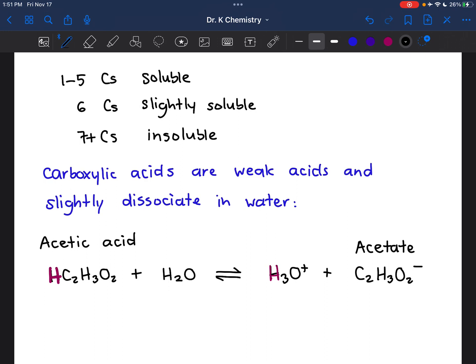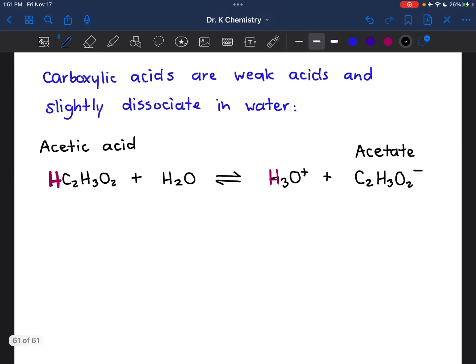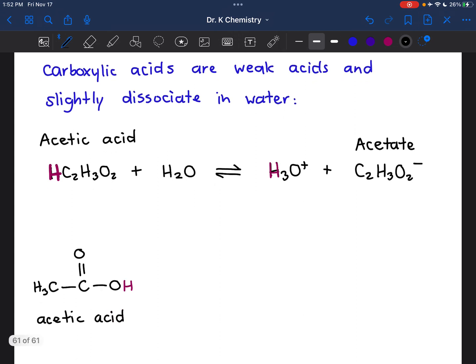Well, in the general chemistry portion, we just left it this way. We had the molecular formulas and we left it that way. But now that we know a little bit of organic, we can actually draw what these structures look like and see which exact hydrogen it is that is coming off of that structure. So I'm going to redraw this. This is the structure of acetic acid. If we were to draw in the carbon bonds,